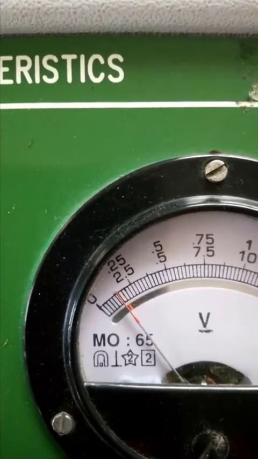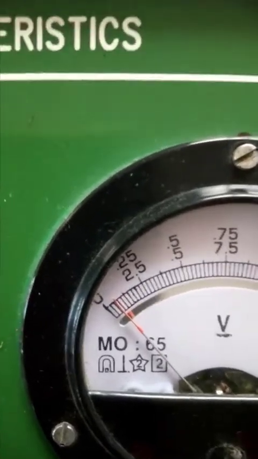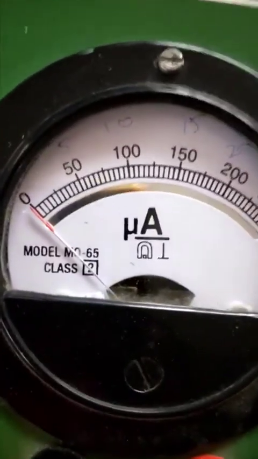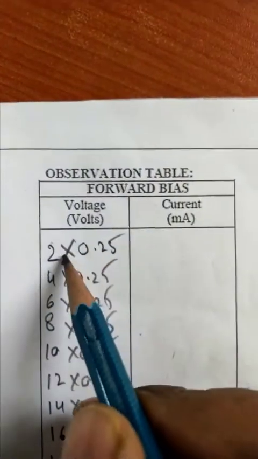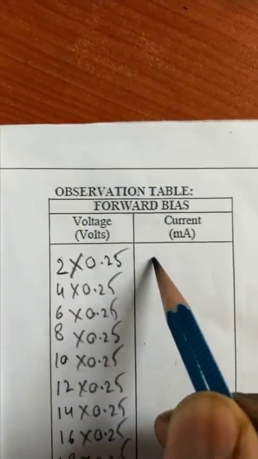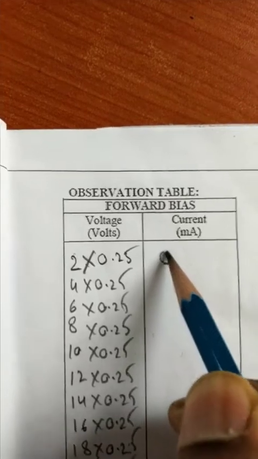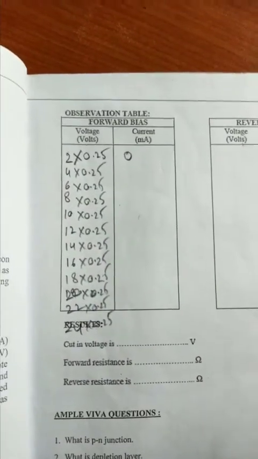Okay, it's going very fast. Slowly you have to increase, exactly 90 degrees. It's indicating the second line. So what is the value of current? The value of the current is 0. So can I place here, for the second line, 2 into 0.5, the value that you are getting? The current value you are getting is 0.